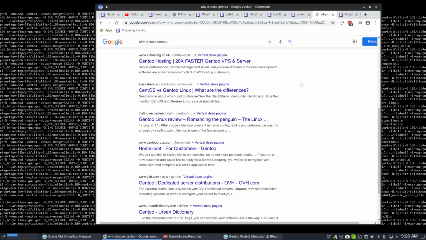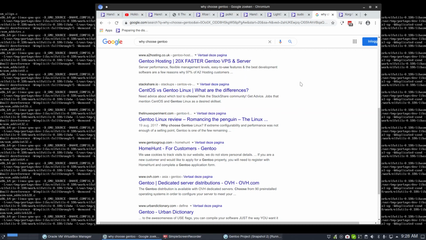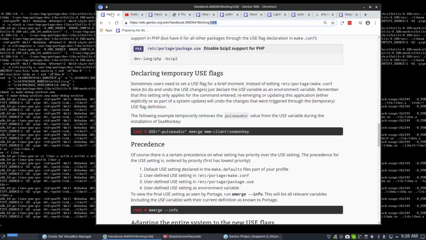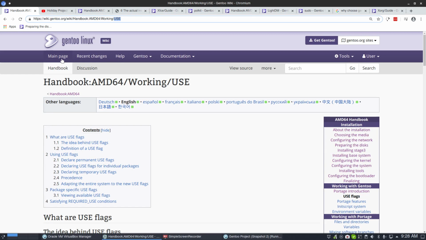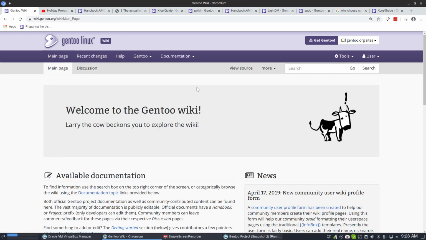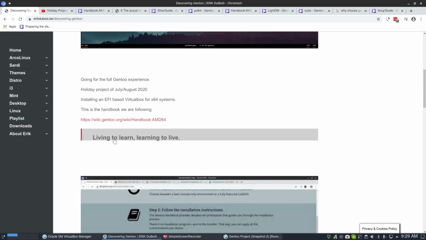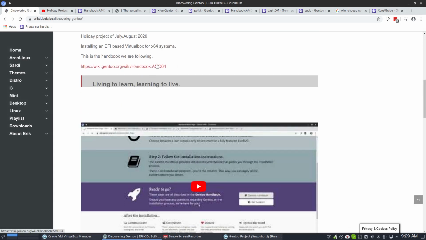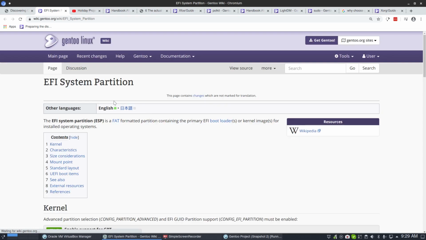But it's cool that we have diversity. It's cool that we can choose Gentoo, that it's there, and that we have also the wiki. Don't forget the wiki. One of the things that I will point you sometimes to is, I don't know if I can find it immediately, but I think I've put it on the website, Eric. I've put it there. There are some links that are interesting. Was it this? I don't know. One of the links